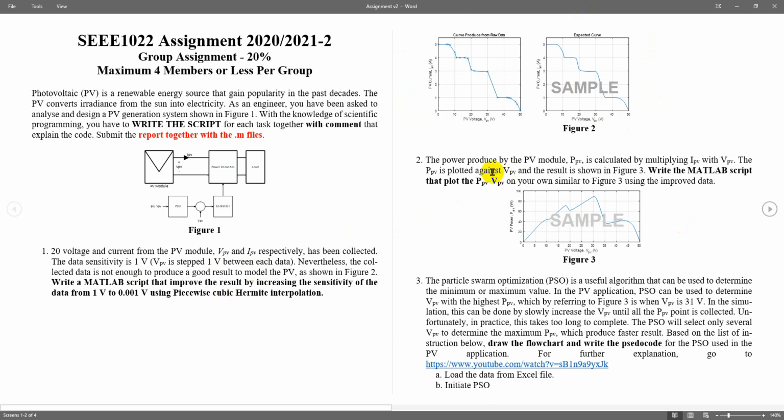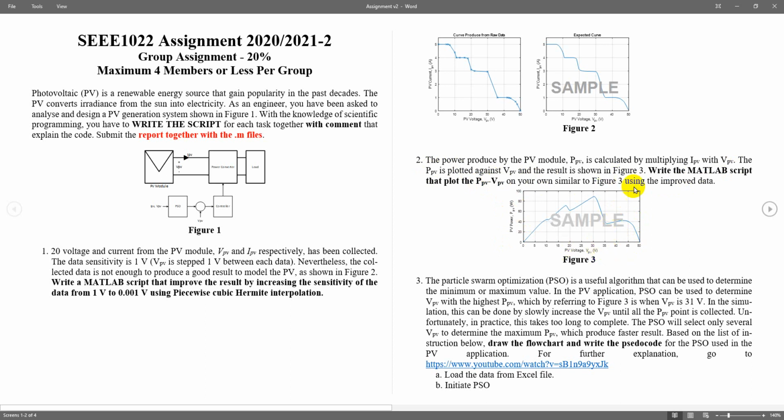The next task: the power produced by the PV is calculated by multiplying IPV and VPV. The PPV is plotted against VPV to show figure 3. So your task is to write a MATLAB script that plots PPV against VPV, where PPV is the y-axis and VPV is the x-axis.